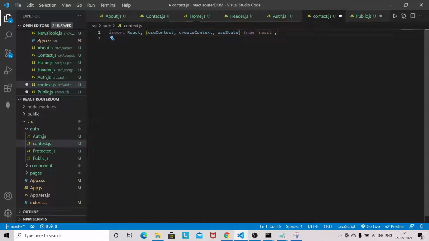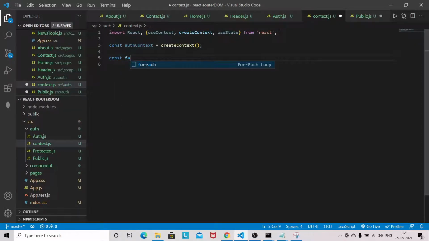Okay, so first we'll create the auth context. So createContext.